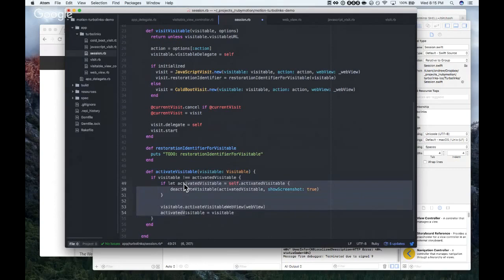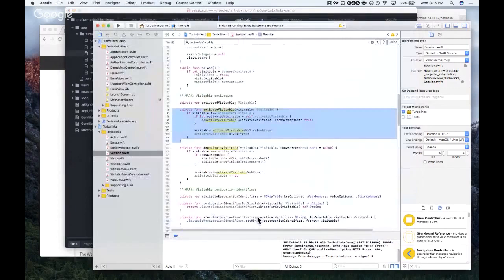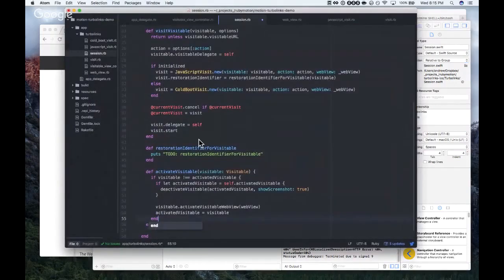We have some more Ruby indentation levels here. Wait a second. If our visitable is the same, then it doesn't do anything.